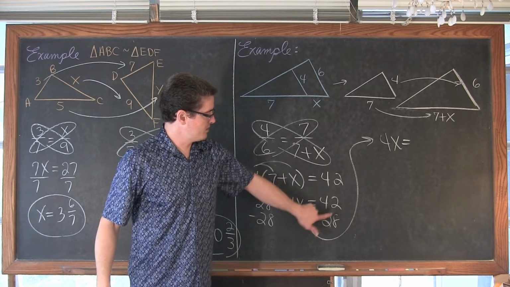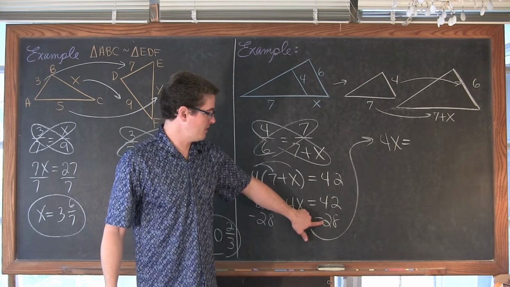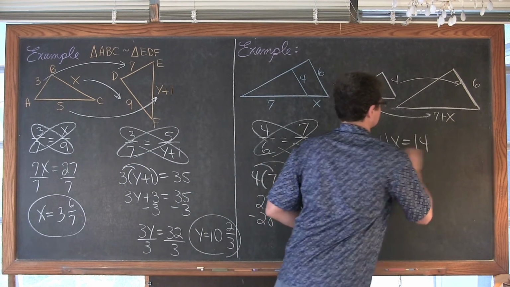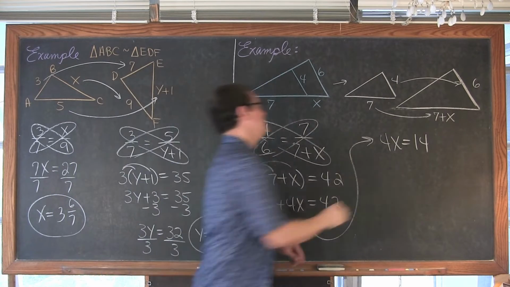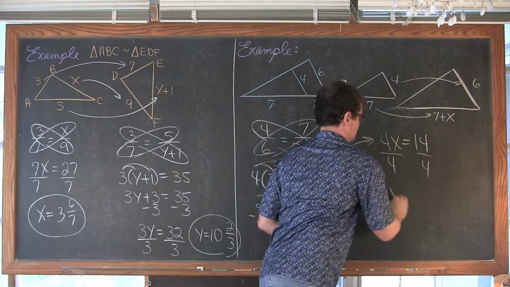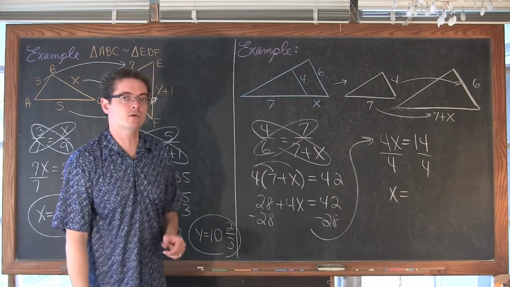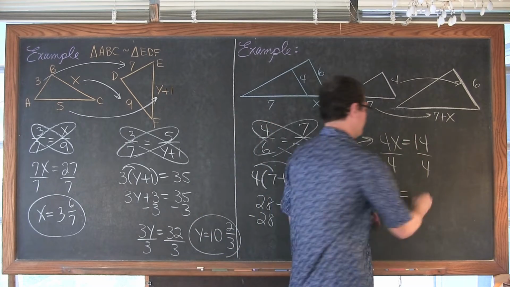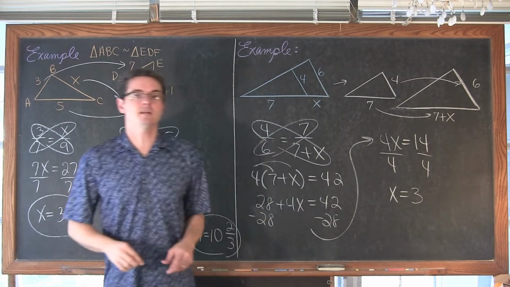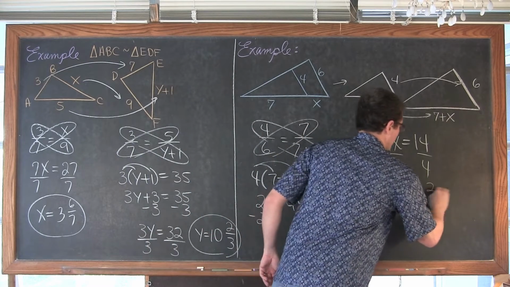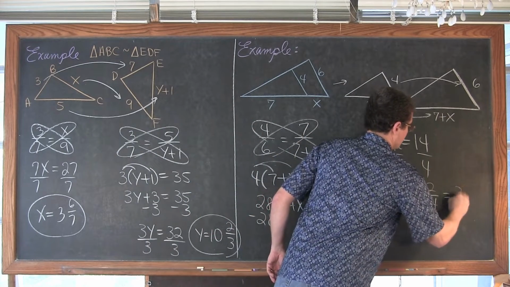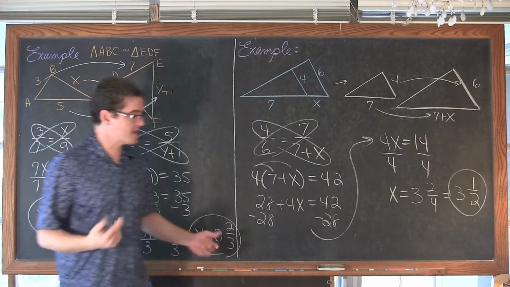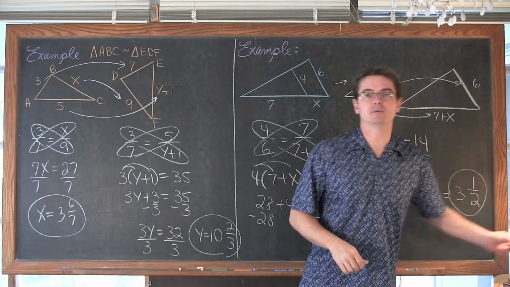Let's see here, 42 minus 20 is 22, and 22 minus 8 is 14. And we're going to divide both sides by 4. And again, giving you some decimal fractional answers here. 4 times 3 is equal to 12. Take 12 out of 14, that leaves you with a remainder of 2, and we have 3 2/4, which reduces to 3 1/2. And that is the end of this example. I got a couple more coming up for you right now.